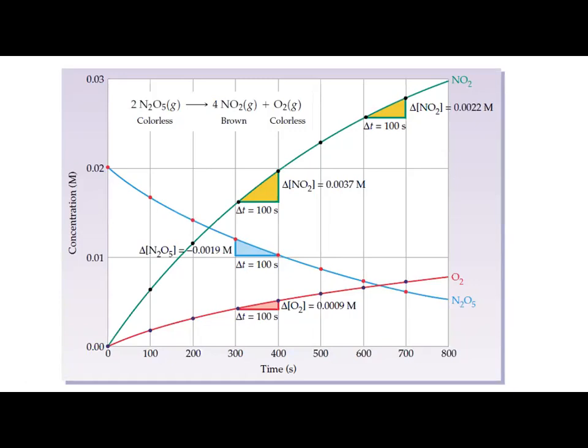Exactly. The concentration of NO2 is increasing more as compared to the concentration of oxygen. This is the thing you have to understand. It doesn't mean these two products always give you the same change. It may be possible in certain cases, but here it is not possible. So the difference is that one of the products shows a sharp increase in concentration as compared to the other one. Now we are going to discuss the reason why this is happening.